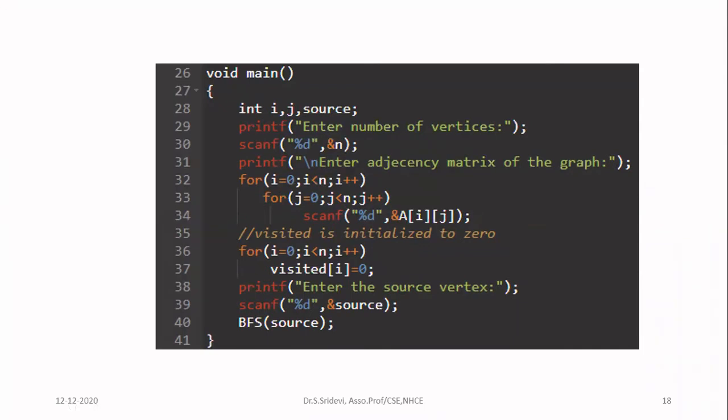And inside both the for loops, I'm going to read the value of the adjacency matrix. So in scanf, I am giving ampersand a of ij. So i represents the row index and j represents the column index. And when you are typing values for the adjacency matrix, you can type, if the graph is an unweighted graph. Unweighted graph means the graph will not have any weight for the edges. We will be considering that all the edges are having a unique value.